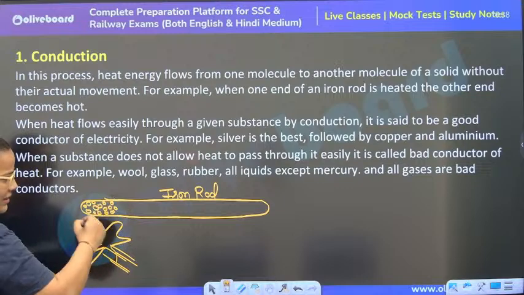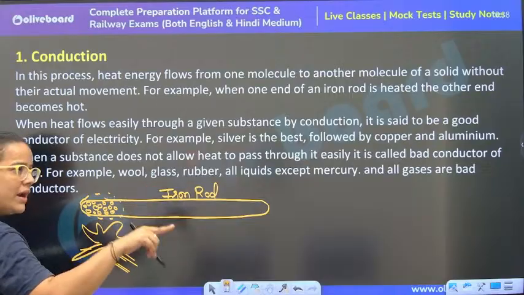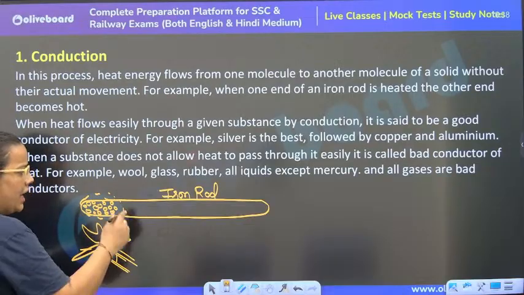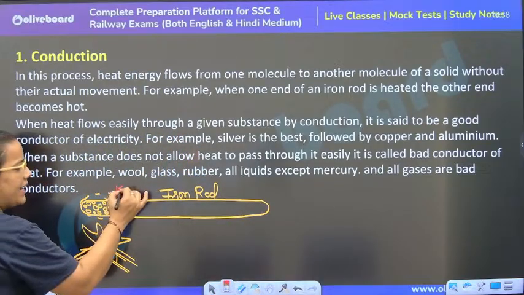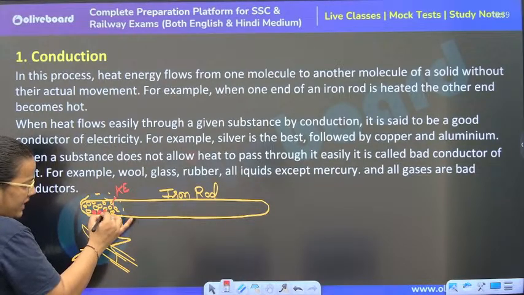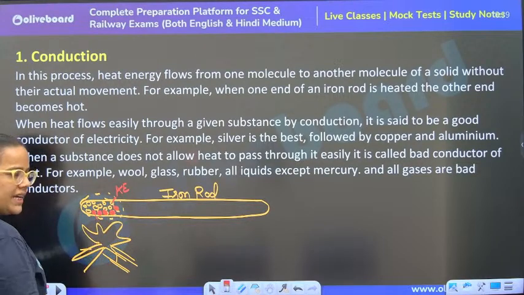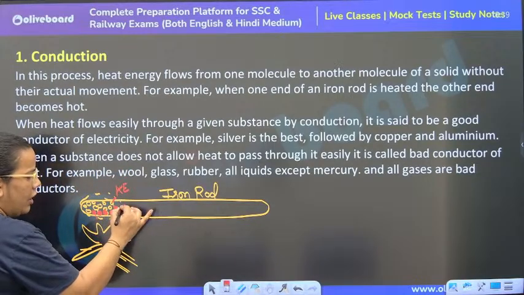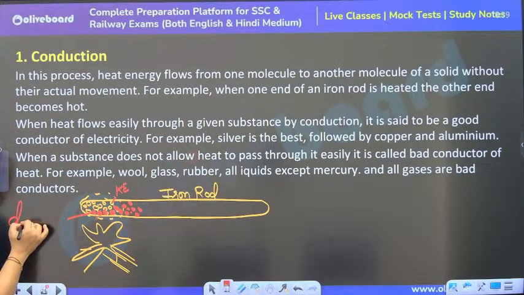Now, as we know, this iron rod consists of small particles, from the chapter of matter. When these molecules get heat, they start vibrating at their own place, which is also termed the kinetic energy of the molecule. For example, these are the molecules at the surface. Firstly, they start vibrating. They also push another atom or molecule and initiate vibration in the next one, and so on. So actually the molecules are not moving from their position, but vibrating